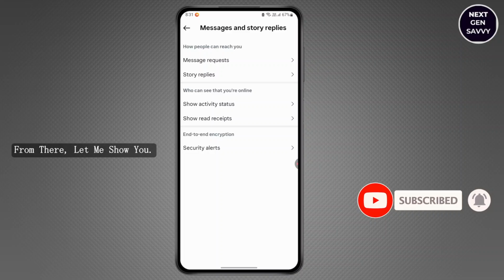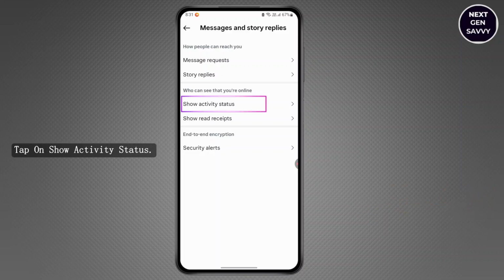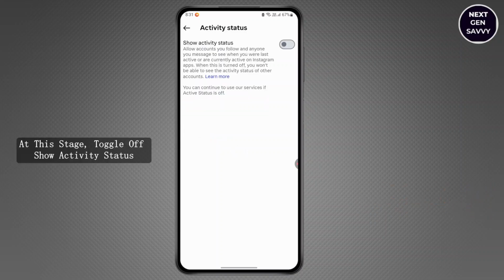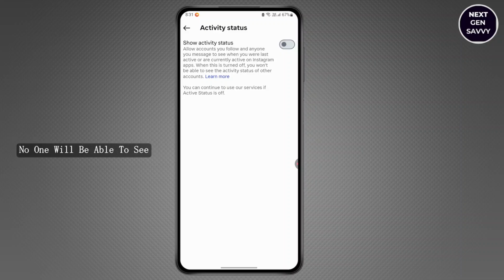From there, let me show you. Tap on Show Activity Status. At this stage, toggle off Show Activity Status to hide your online status from everyone. Following this, once turned off, no one will be able to see when you were last active or if you're